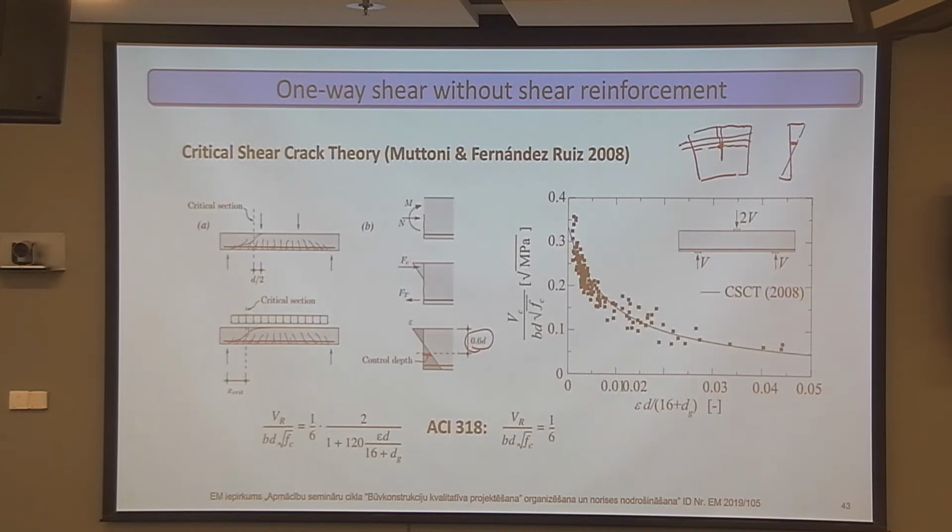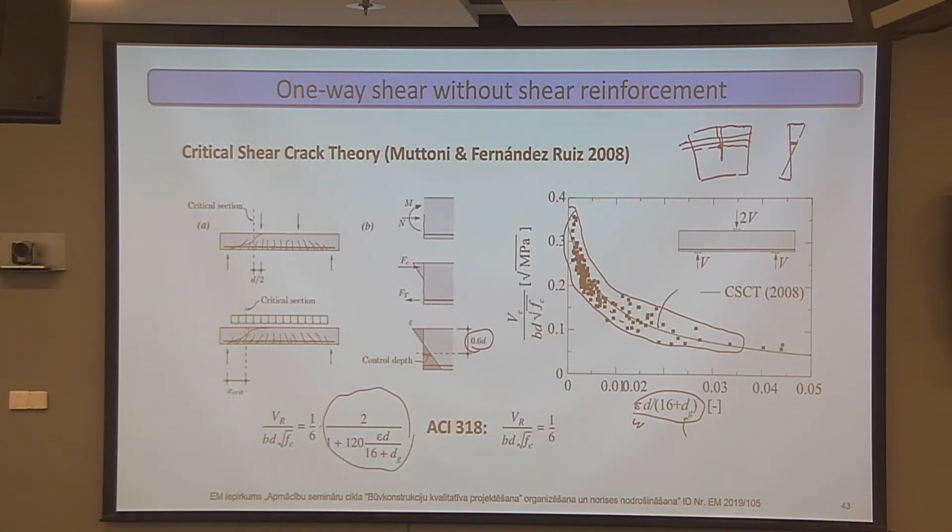And then they plotted all the test results on this graph, where epsilon times d is the measure of the crack opening, and the dg in here is the aggregate size, which is the measure of the crack roughness, or how much load it can carry. And they found out that these points conveniently form a cloud like this, and they just put a line in the middle that is